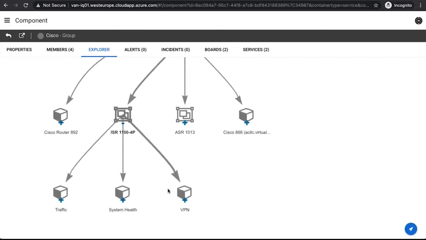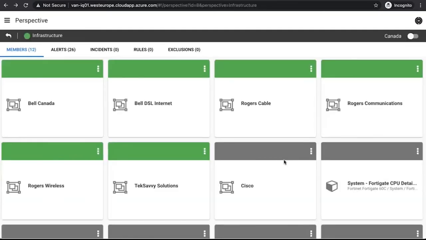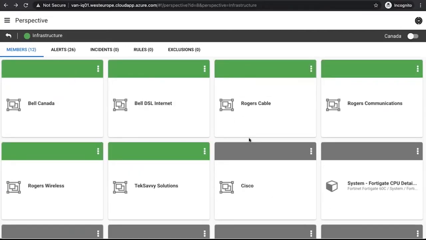Right down to, is it a VPN issue? What's the system health of these integrated routers? That sort of thing. Drill back up again. We mentioned the VPN scenarios. I've got some FortiGate devices here being managed. So all of this kind of gives me the perspective of, where is the problem as I'm navigating through this